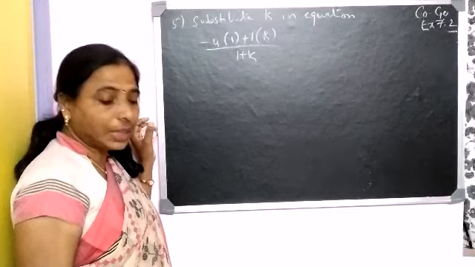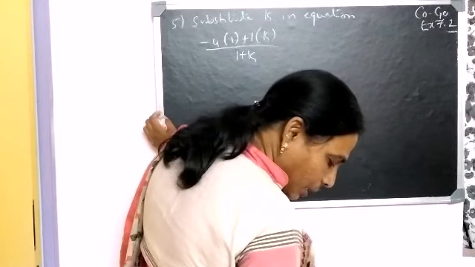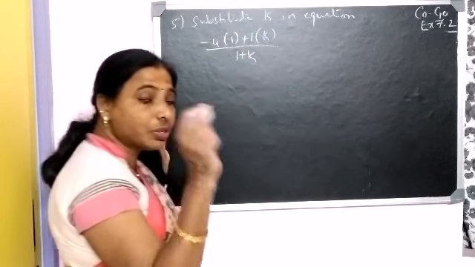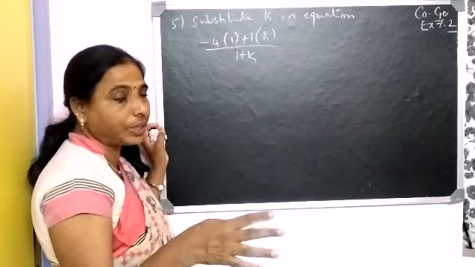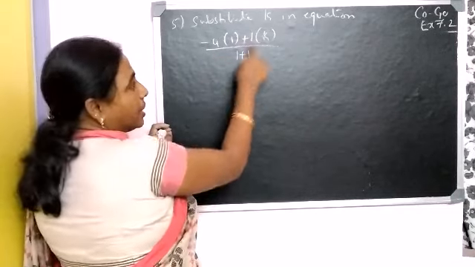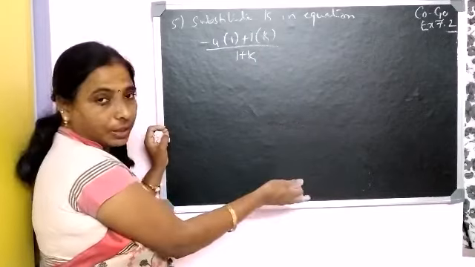In that they are asking one more question, that also find the coordinates of the point of division. Point of division means point of intersection. We have to find it out. So for that, let us take the x-coordinate here. The x-coordinate here is this one, which I had given in the problem.